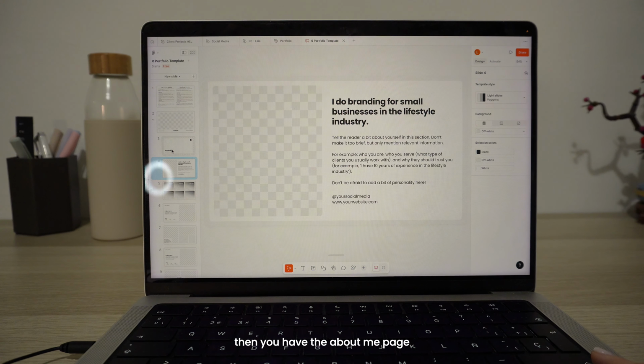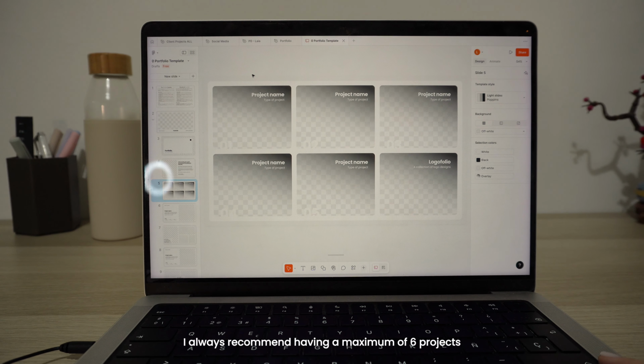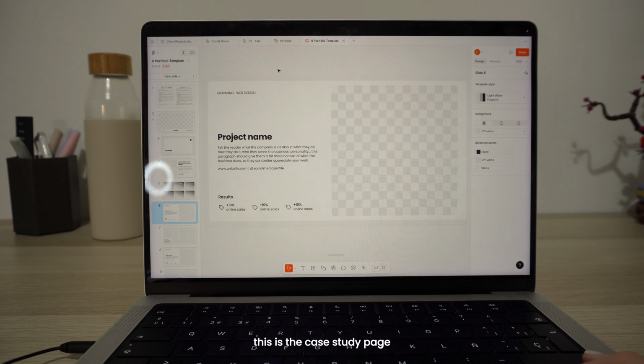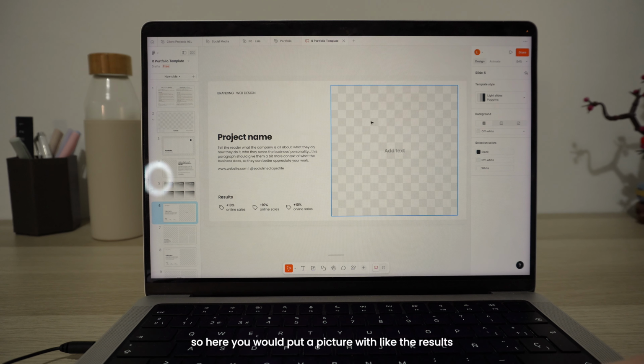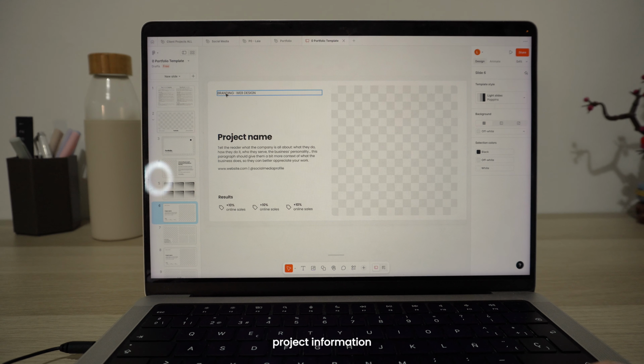placeholder text. Then you have the About Me page, in which you have a couple of prompts to write what you need. Here you have the projects. I always recommend having a maximum of 6 projects. So here you can have all of the projects. This is the case study page. So here you would put a picture with the results, project information, and then the deliverables, and